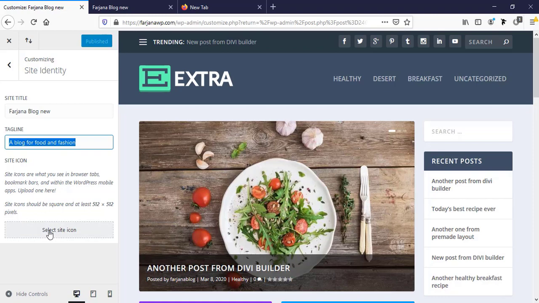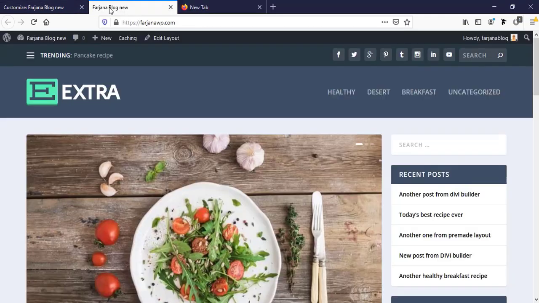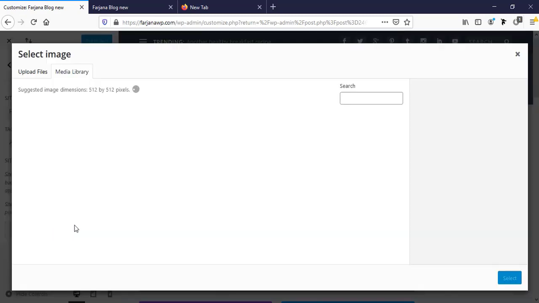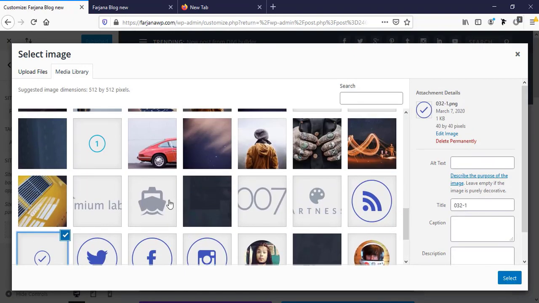And here is site icon. So for example, here is another tab for Firefox that is opened. So here an icon is showing. So we can also add this kind of icon for our blog. So for this we can upload a small icon image. Here is a small icon or any one